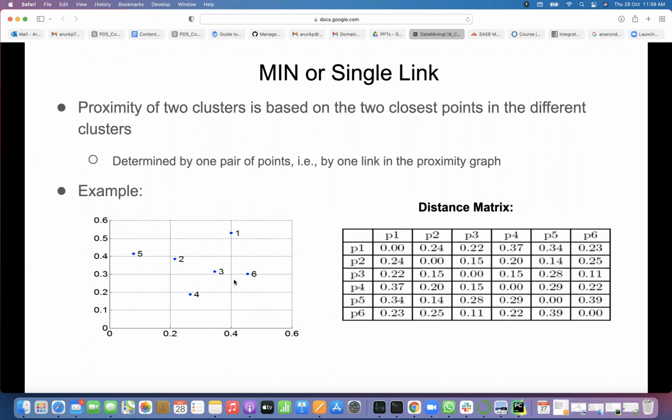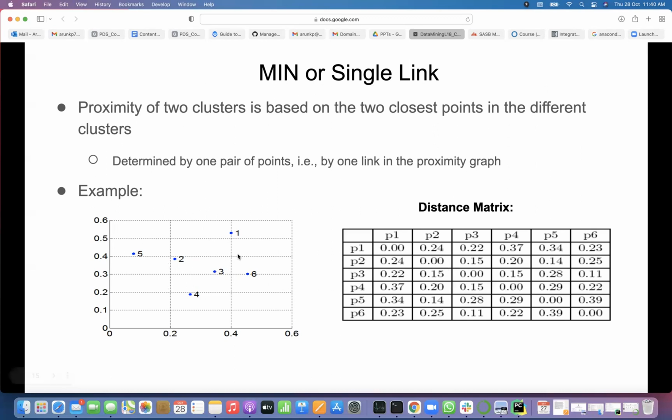Once you merge 3 and 6, how do you compute cluster to cluster distance now? Because 3 and 6 is one cluster now. Earlier you had 3 as a separate cluster, 6 as a separate cluster. Then if you use minimum, you need to see the distance between 1 and 3, the distance between 1 and 6. Whichever is the minimum, that is the distance between cluster 1 versus cluster 3 and 6 together. Is it clear? Yes. Then with 2 also you need to find the same thing: the distance between 2 and 3, and 2 and 6. But the distance between 1 and 2 is simple. From this matrix itself you will get it now. And 5 and 2 distance.